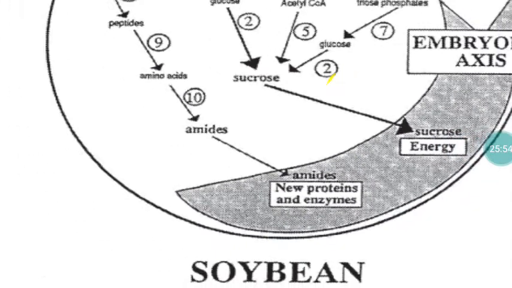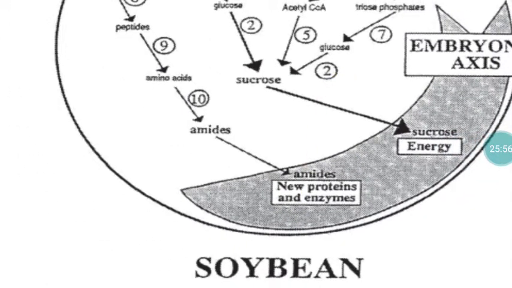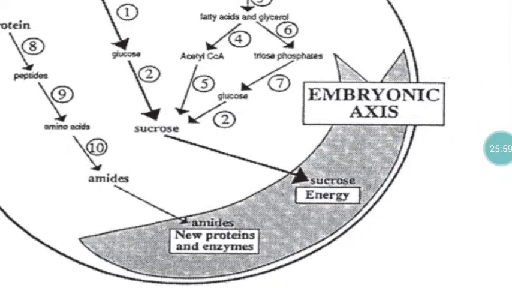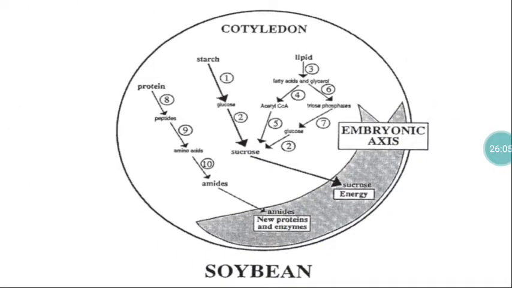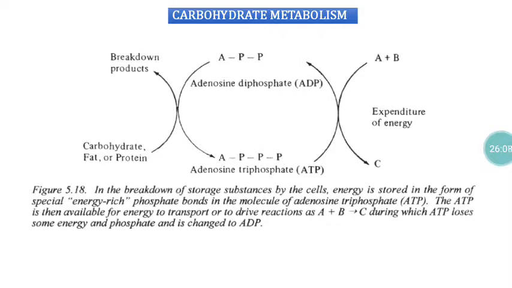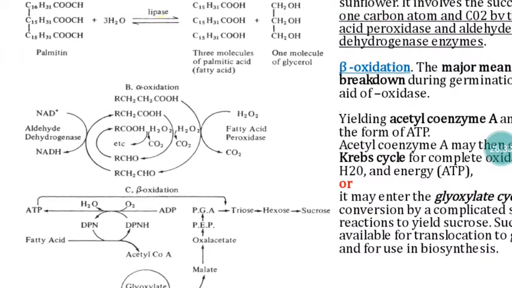So these are all the things that take place immediately after imbibition. Now the embryo is given an adequate amount of energy molecules. So now the embryo is fully loaded with energy. So these are all the biochemical events with reference to conversion of whatever things we have discussed so far. The carbohydrate, fat and some of the protein molecules will be broken down. That leads to formation of ATP. That ATP will be used by the embryo for its further growth and elongation and rupturing of the seed coat. So this is with reference to fat hydrolysis.